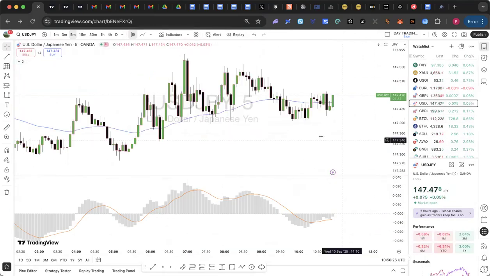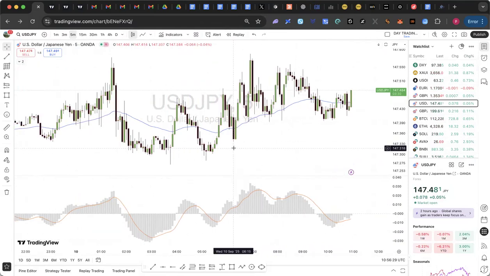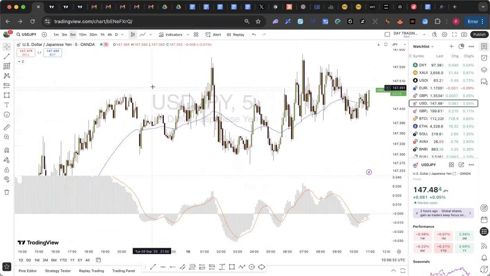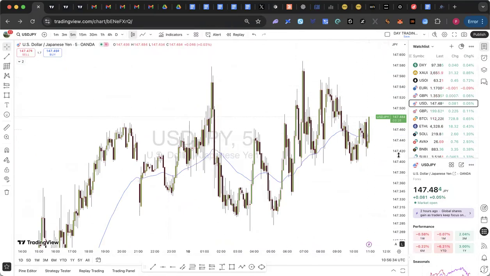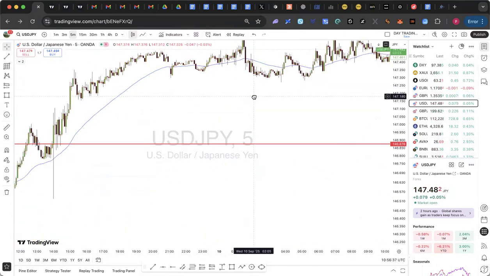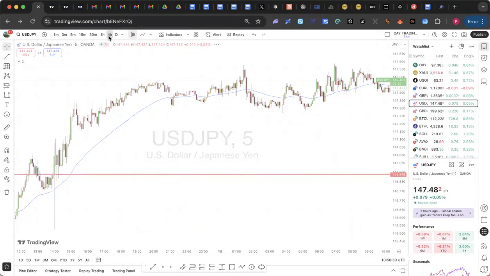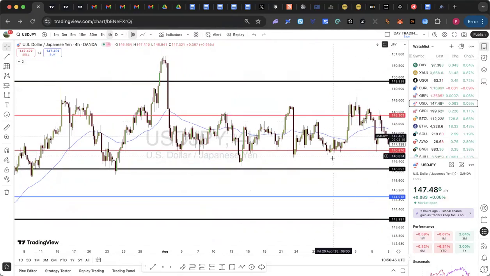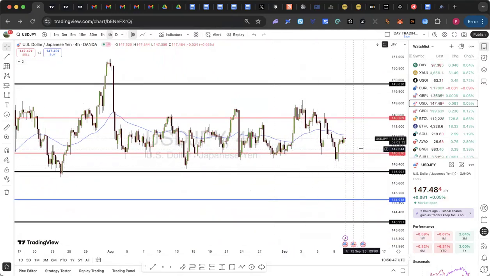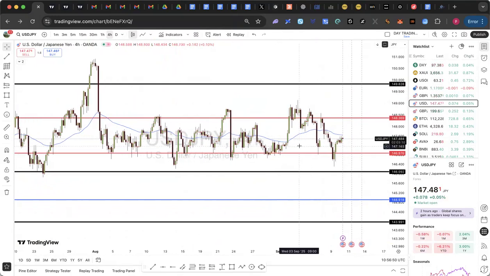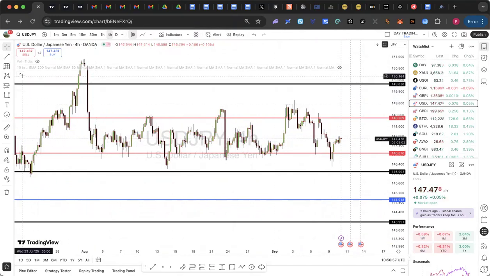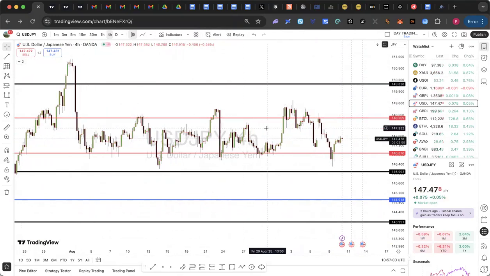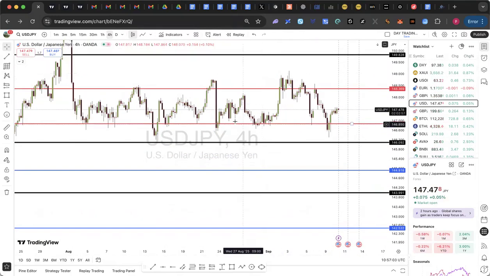See another one. This guy is so choppy all this while, and I don't know why I took this trade. Let's take off the MACD. I don't know why I actually took this trade, because if you look at it on the higher time frame, let's look at 4 hours. You see how choppy it was. So you can see how choppy it was. Let's remove the moving average so that you can see properly, because most times all those indicators block you from seeing the action that the price is performing, right? So you can see this had been ranging